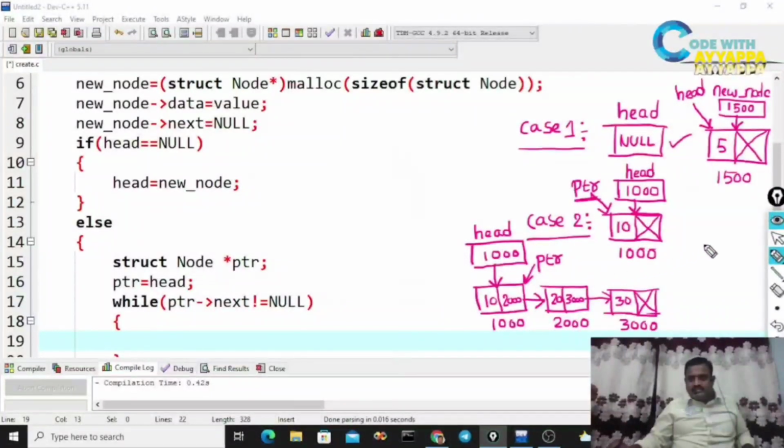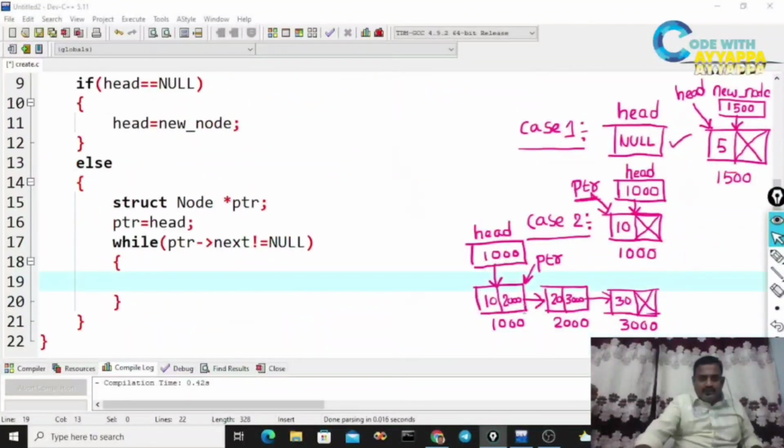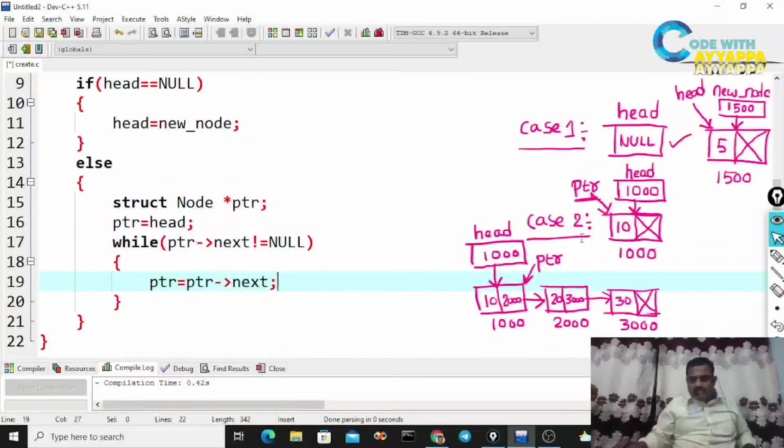So how to move that pointer? ptr equal to ptr arrow next. ptr next is 2000, which is the second node address. Assign that address: ptr equals ptr arrow next.